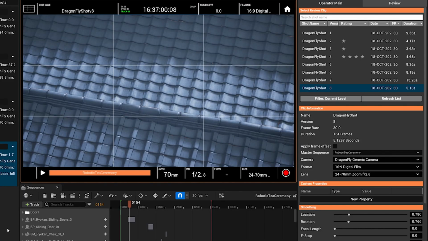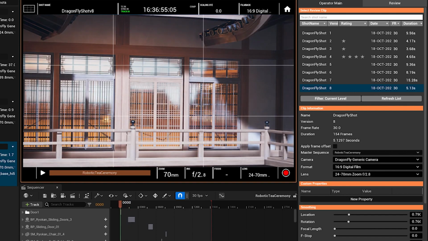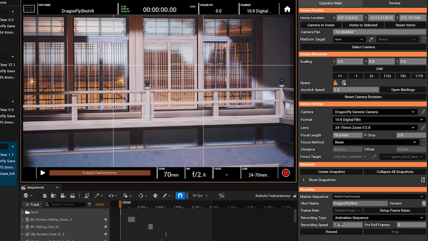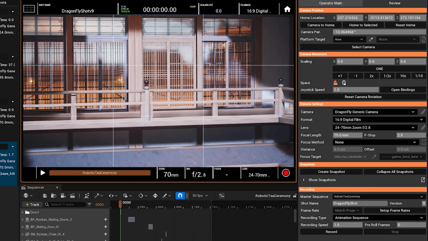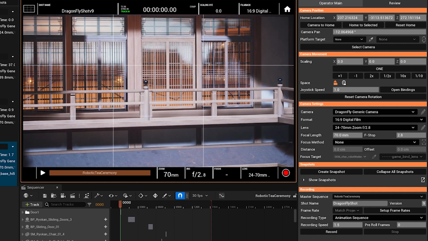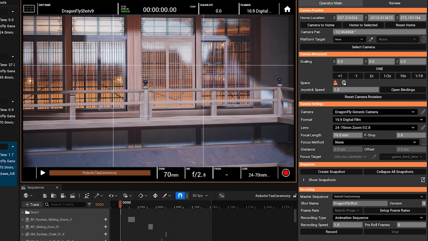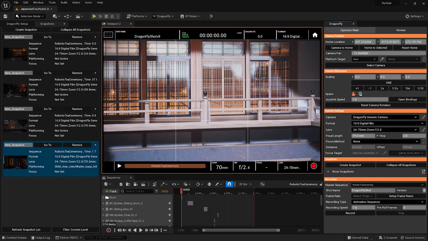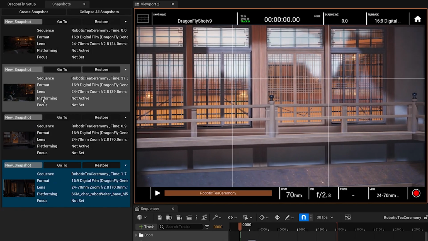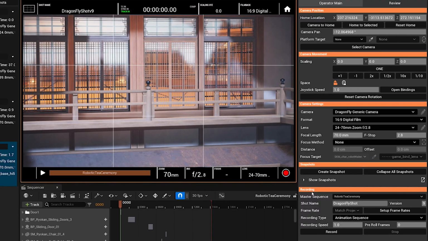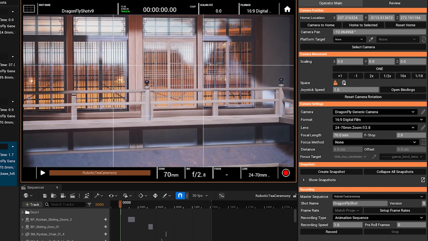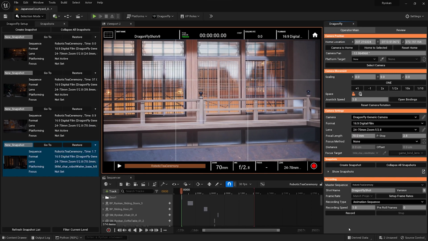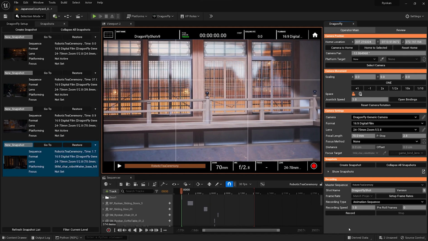You don't have to use recording speed in such an extreme fashion. You can also use recording speed at a more subtle value, right? Maybe it is just 1.5 or something like that, just giving you a little bit more time to be able to frame your shots properly. That's personal preference, but yeah, that's what recording speed does. So these three features, snapshots, platforming, and recording speed, are hopefully going to make the process more efficient and more fun when you are creating shots with Dragonfly in Unreal Engine.